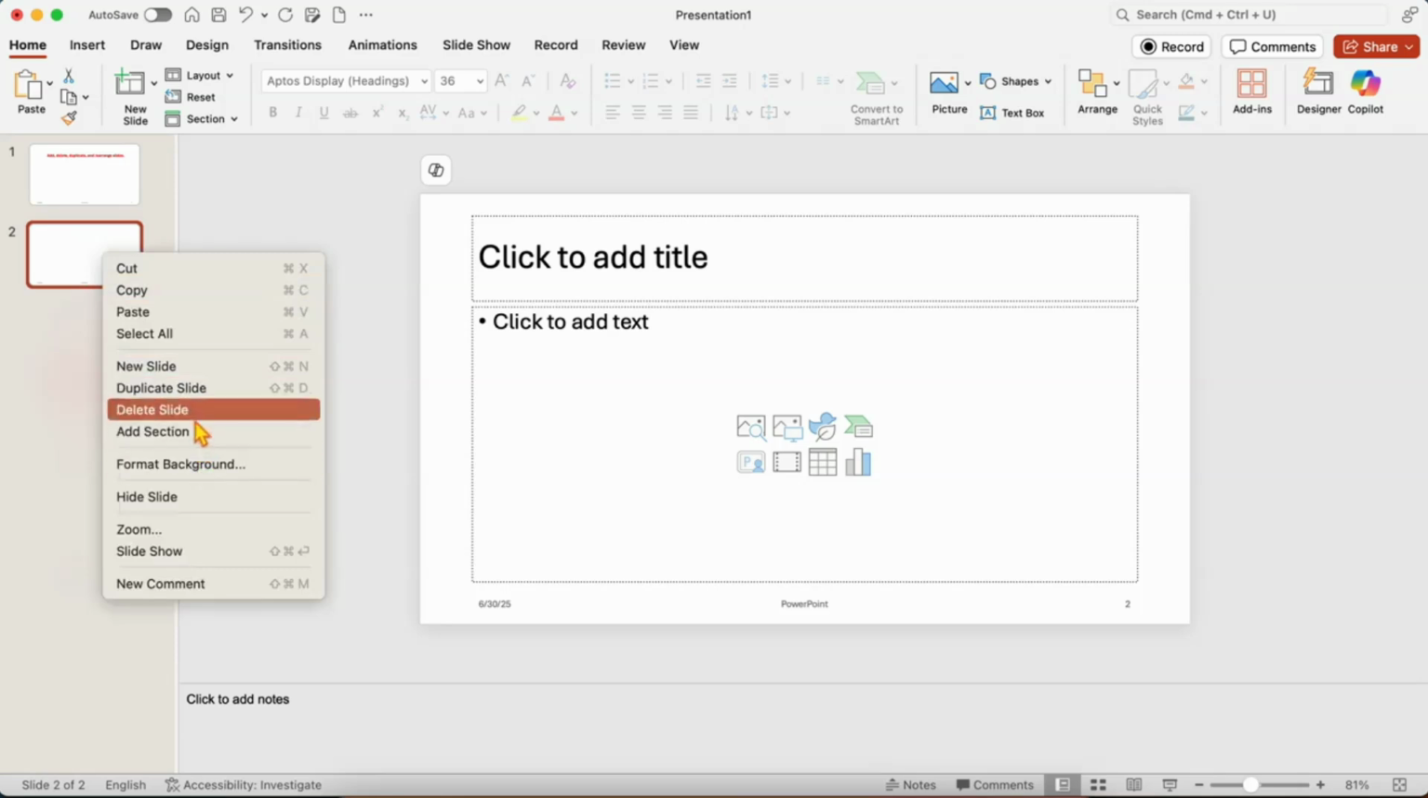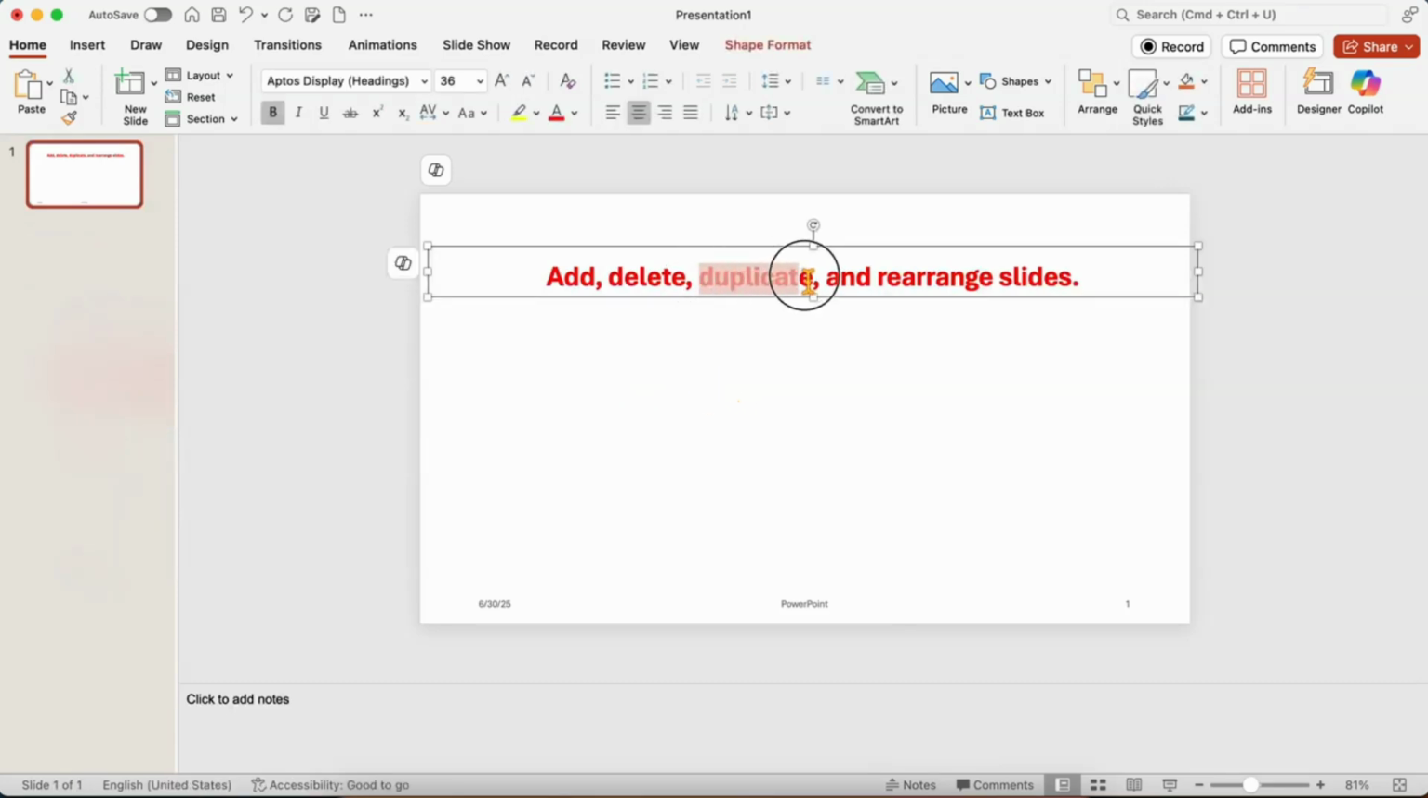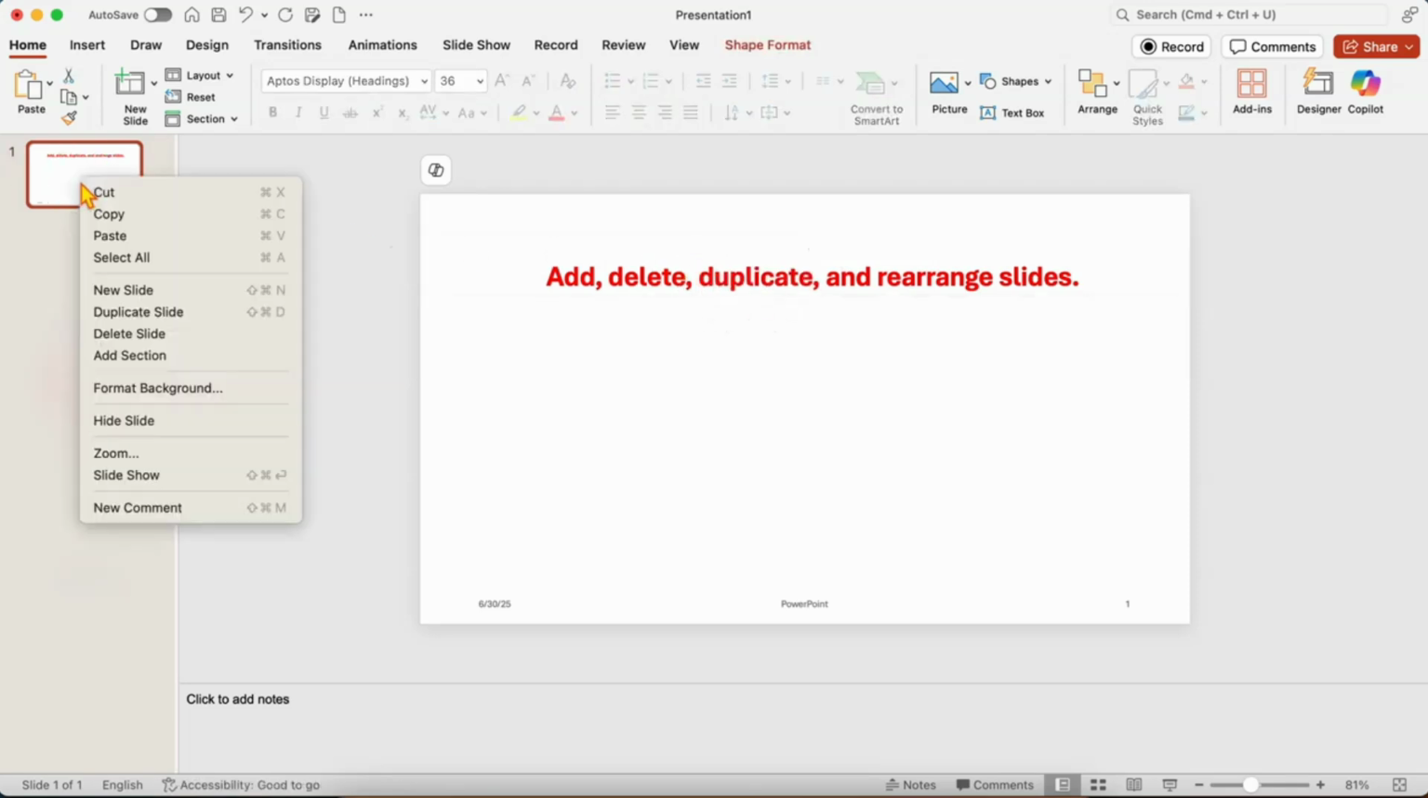Another common task is duplicating a slide. This is helpful when you want to create a copy of a slide with the same layout and content. To duplicate a slide, right-click on the one you wish to copy, then select Duplicate Slide. PowerPoint will instantly create an exact replica of that slide, including all the text and formatting, making it easier to